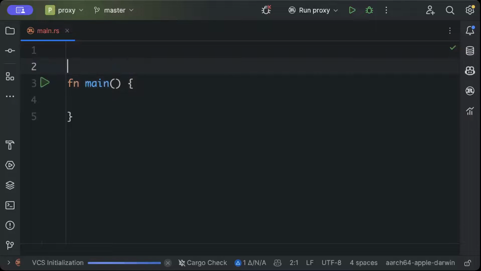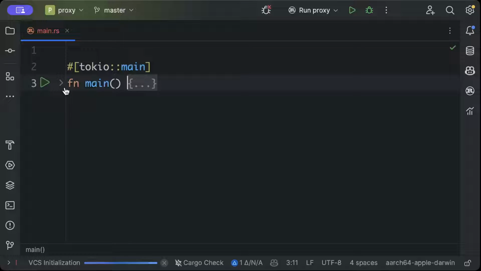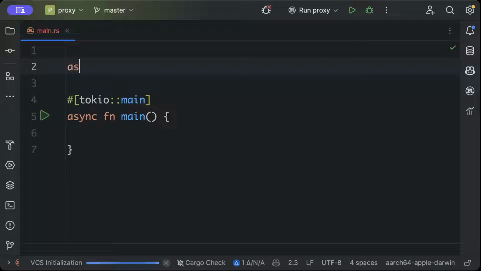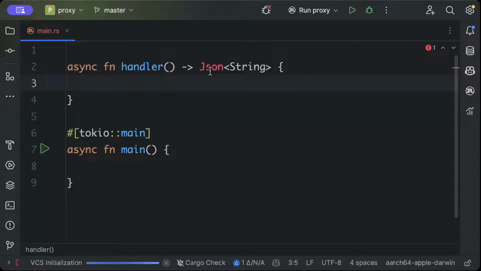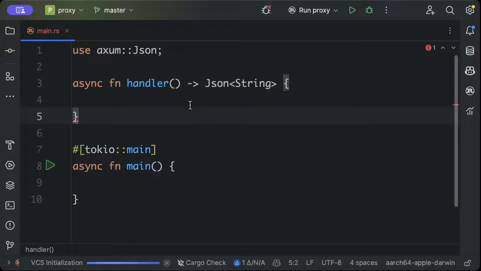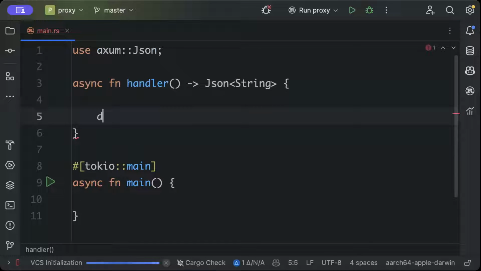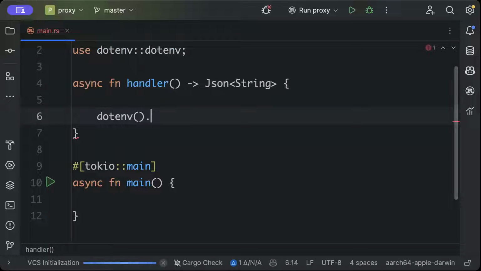Let's quickly spin up a web server. So we'll say tokio main. Let's make this async, and here we'll add a handler, and we will return with JSON of string. Make sure to import this from Axum, and here we'll say .env.ok,